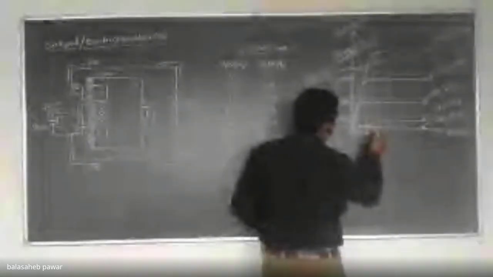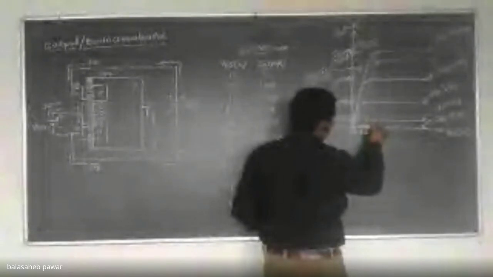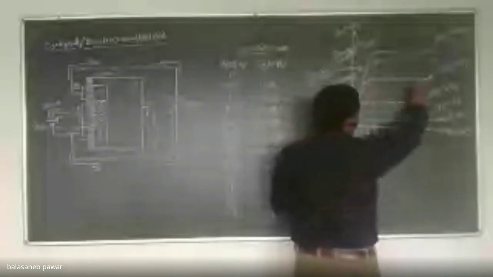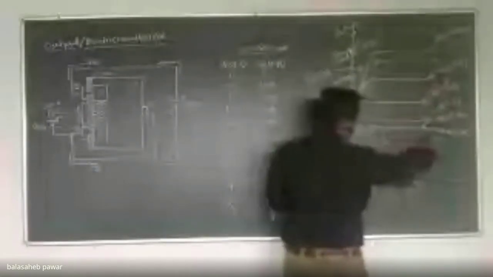See, for example, this point, if it is of 3 volt, in between it is of 2.5, and the last one is, suppose, 3. So the region where even if the applied voltage is increased, the output current remains constant, is known as the saturation region for the FET family. It will be applicable to JFET as well as MOSFET.